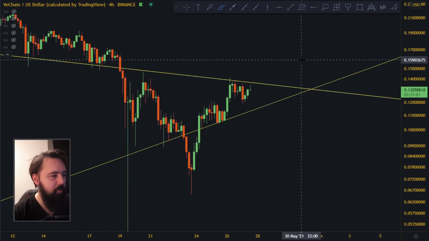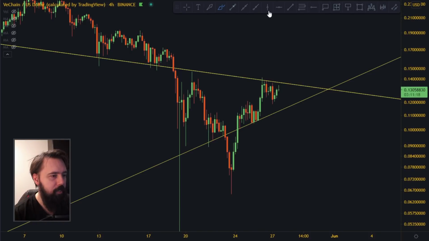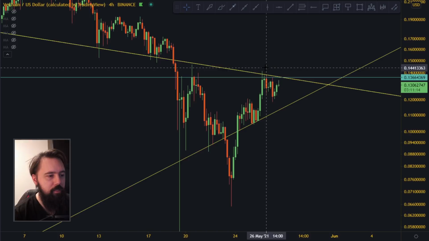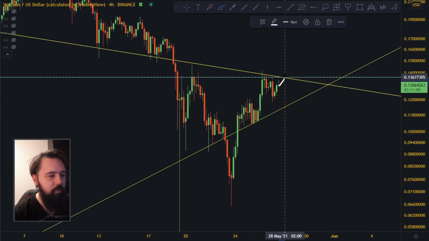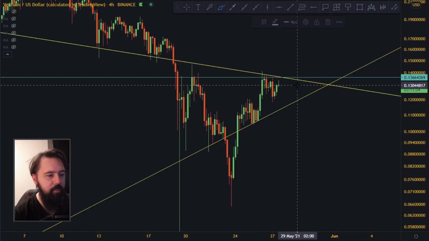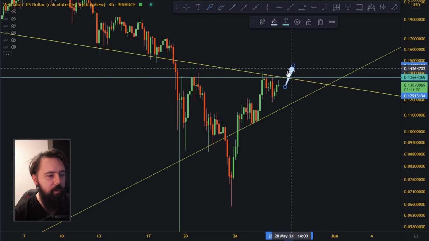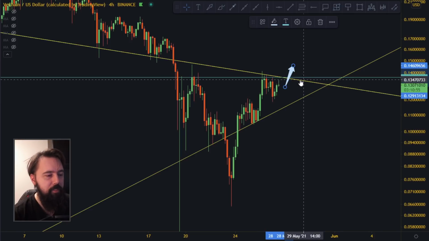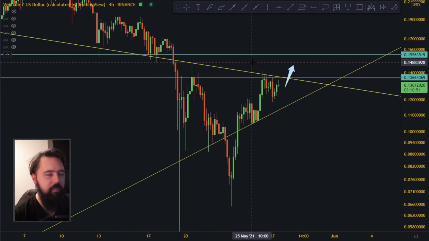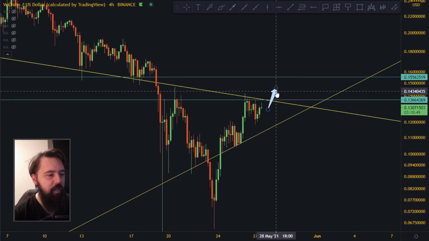So what kind of levels am I looking at up here? I'm looking at, actually, this is a very nice level over here. So if we break outside, I want to get above all of this. I want to get above everything. So if you get a break up, it doesn't matter if you break up here and then go back in, you know, you can do that. You've got to break both of these lines. Both of these lines have to break. So when we start going up, I'm going to look for a breakout of both of the lines. They should occur at the same time, depending on when. And that's pretty decent confirmation that you are out of the triangle,